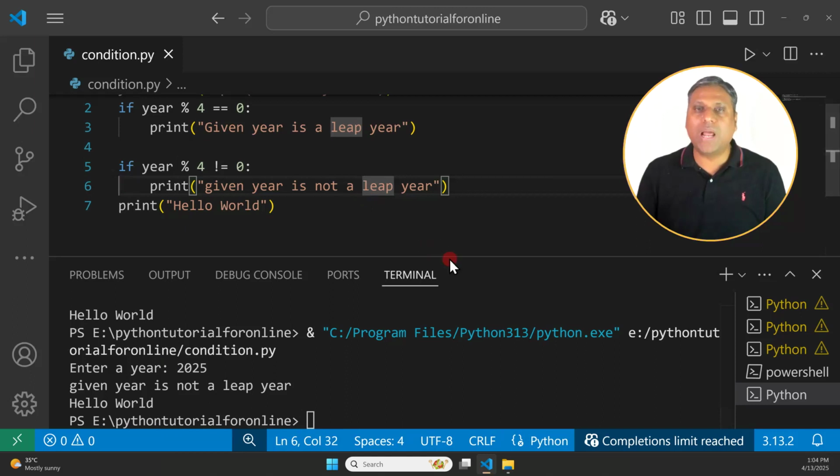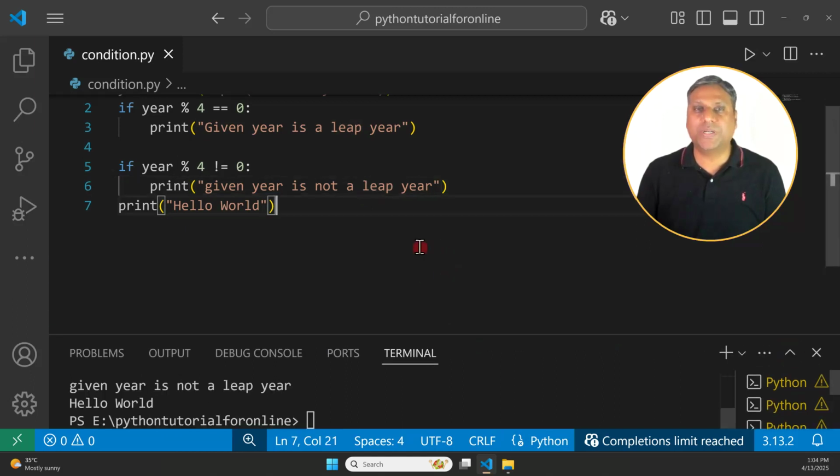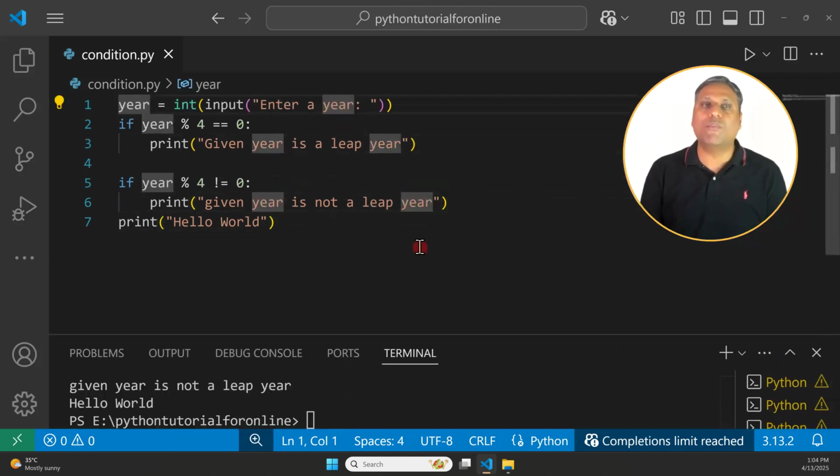So in one program, you can have multiple conditional statements. Don't think that in a program you can have only one conditional statement. So I hope things are clear. Now you can use it for many things. Like you can try to write a program on your own. You can check whether the given input is an odd number or not. If it's an odd number, you can print it's an odd number. If it's an even number, you print it's an even number. Correct?